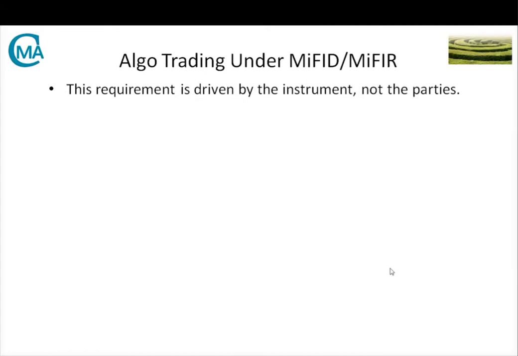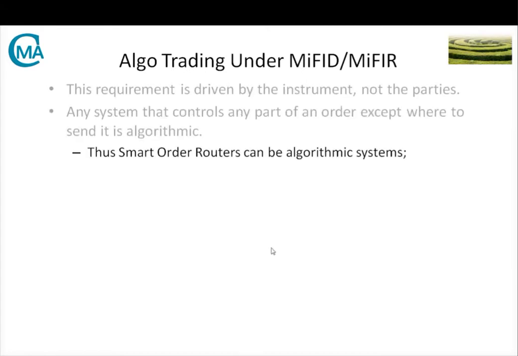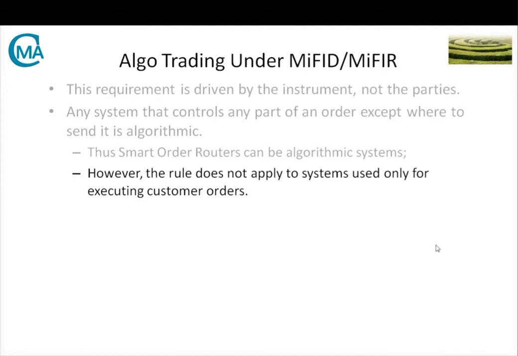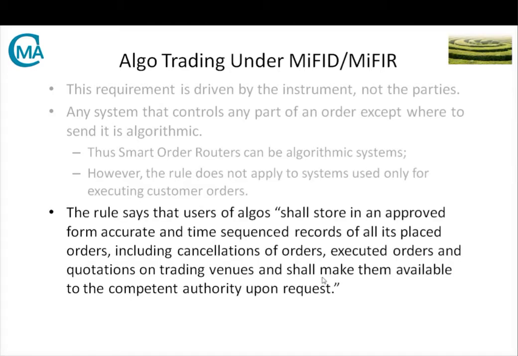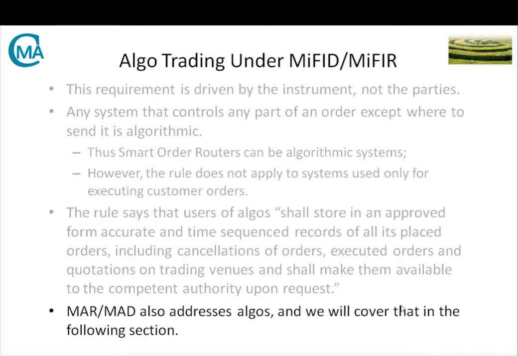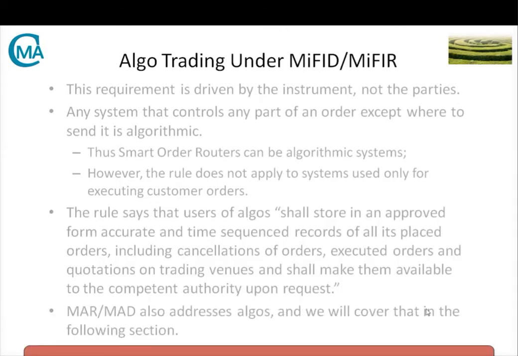So algorithmic trading, the key to this is anything that breaks up an order is considered an algorithmic, and this applies to. If all it does is decide where to put it, it doesn't apply, but if it breaks up the order or looks at pricing or anything else, which means most of the execution management systems are under this, this is not as bad as the CFTC's Reg AT. So if you're going to be complying with Reg AT, this is not as bad as some others.